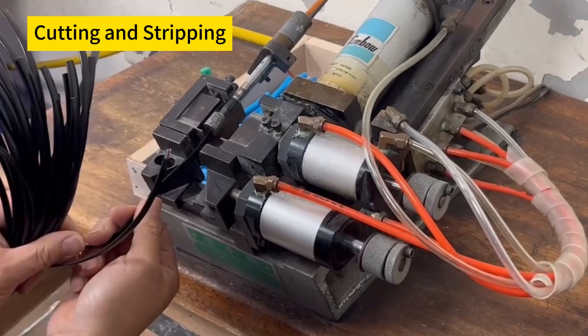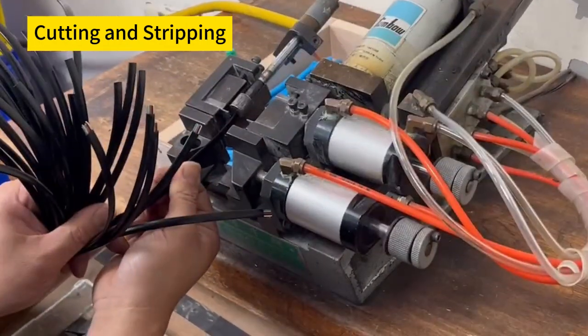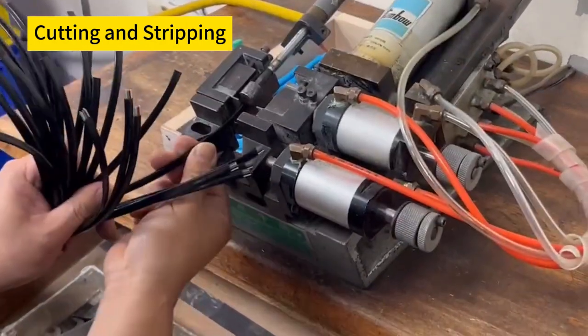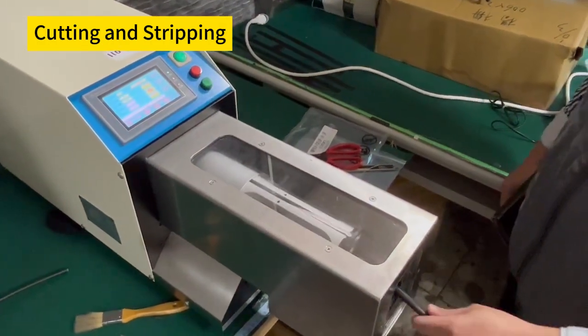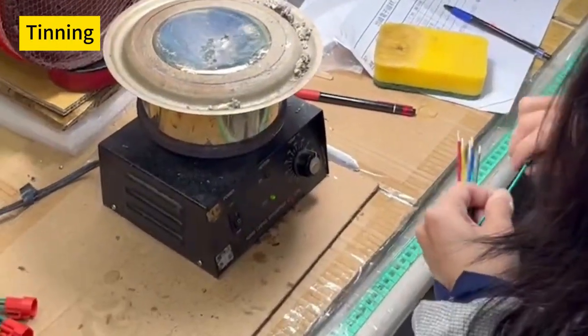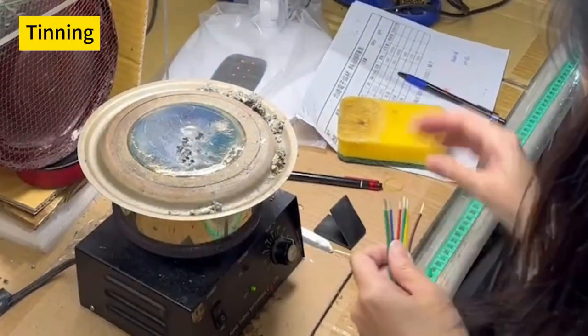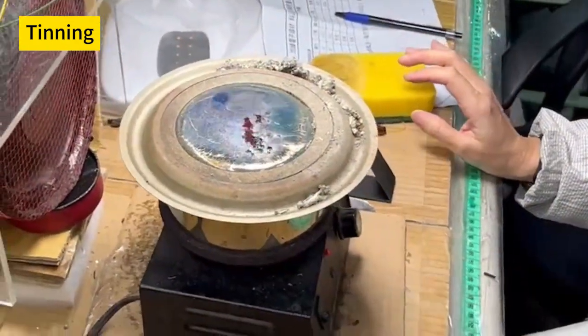After getting the raw material, the cables are cut to precise lengths, and the insulation is stripped from the ends, exposing the conductors. This method enhances the temperature range, water resistance, and mechanical strength of bare copper wires, while also preventing fraying of